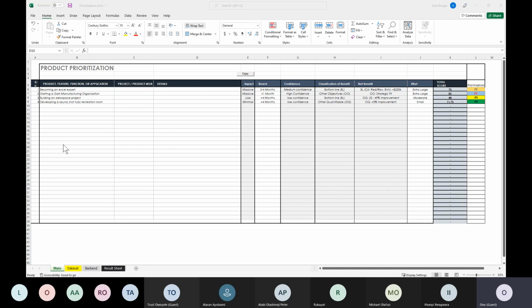So on the sheet, if you can see this, I have quickly put up a list of 4 items that we want to prioritize, which we will be doing first.